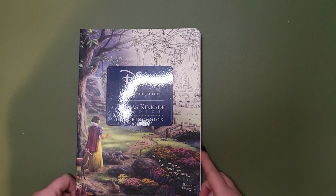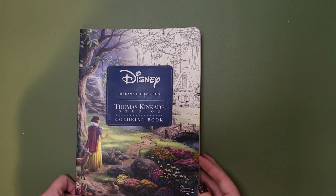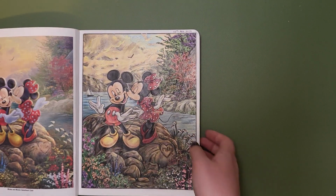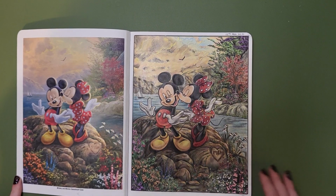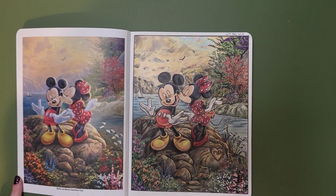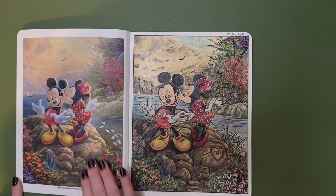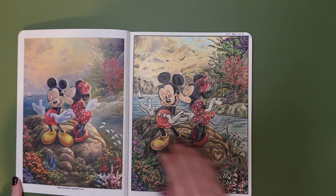And then last from this book cube I have the Thomas Kinkade Studios Disney Dreams Collection colouring book. And I have coloured this first page of Mickey and Minnie Mouse. It's Sweetheart Cove, and I did try to mimic most of the colours from the original illustration over here, but